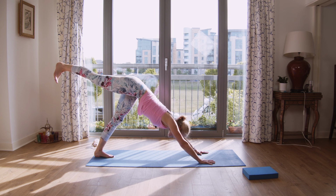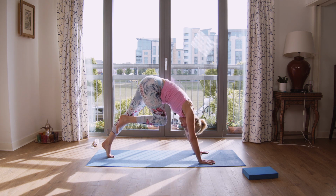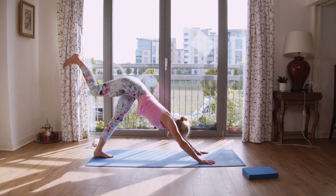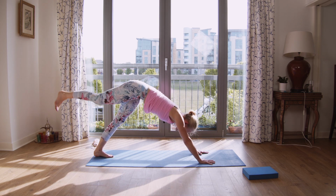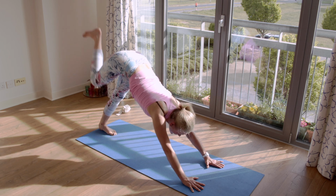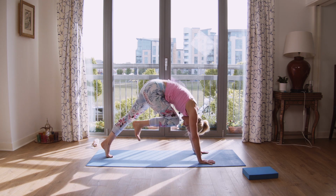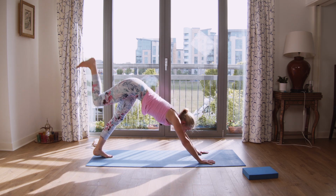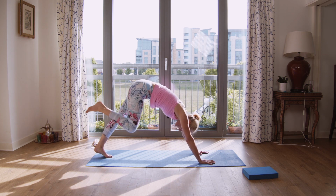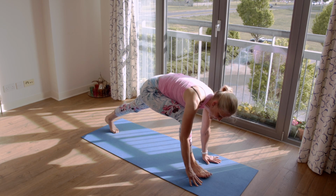And then we're going to take a big inhale, and on the exhale we're going to draw ourselves knee to nose and then send the leg out. And again, exhale, knee to nose. Inhale, draw out. Exhale, knee to nose. Inhale, draw back. And this time, as you bring it in, knee to nose, draw it in, and then plant the foot down